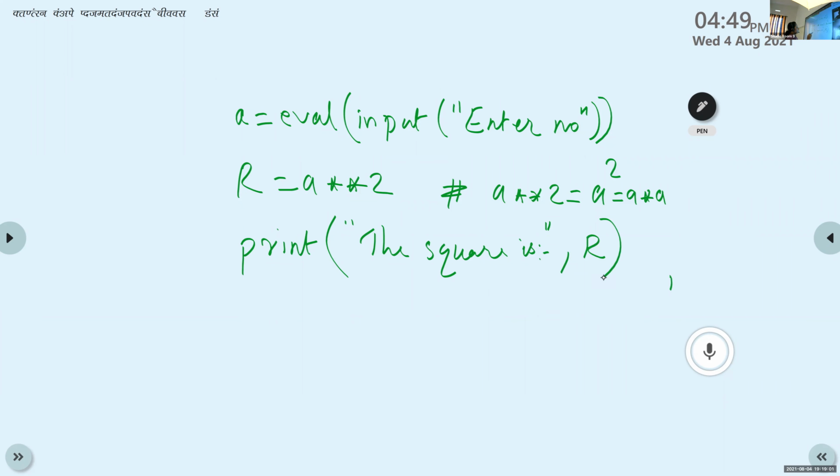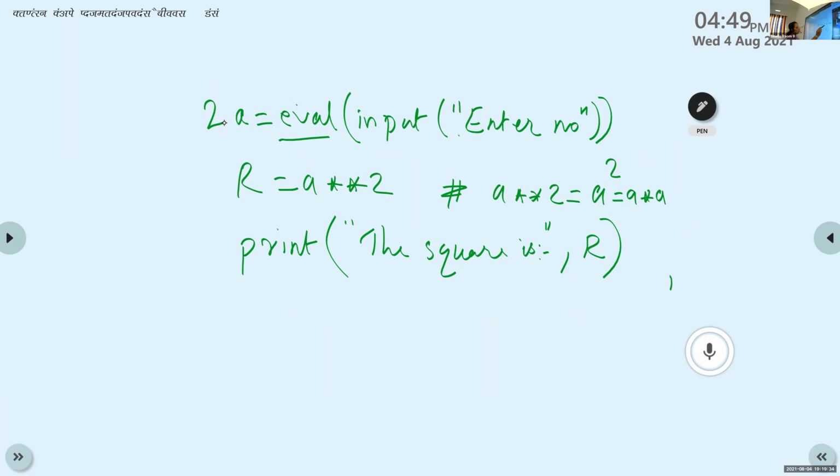The meaning is that first we will input one value. The inputted value is converted to an integer using this eval function. If I am inputting 2, then that 2 is converted to an integer using the eval function, and that 2 is stored in A. After that, R is equal to A exponent 2, meaning A raised to 2.